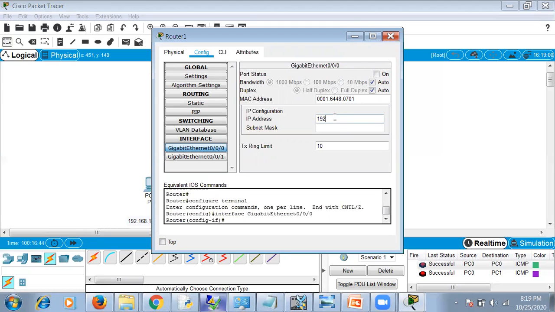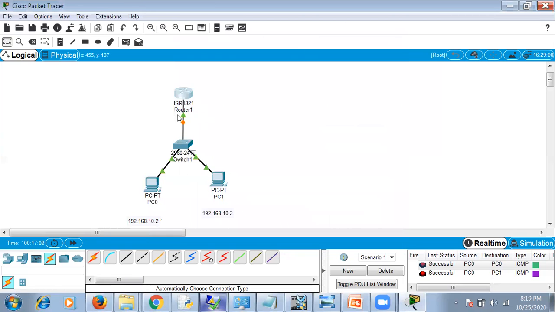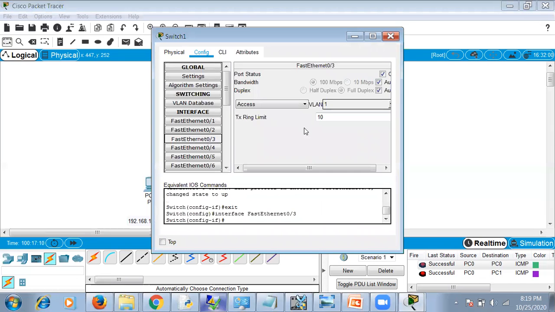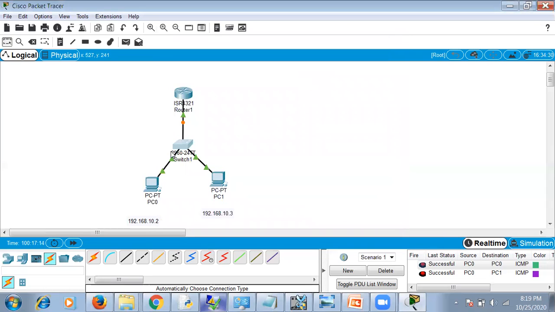Now because this router belongs to this LAN, you should give this LAN address itself. So this is your LAN address. Now we'll give a separate number. So we'll give it as 1. Just click here, the subnet mask will come automatically. Now click on this on. So now you can see it's green, so router is set up, but not the Ethernet. Ethernet, this one is 0/3. So click on it, it will become selected.